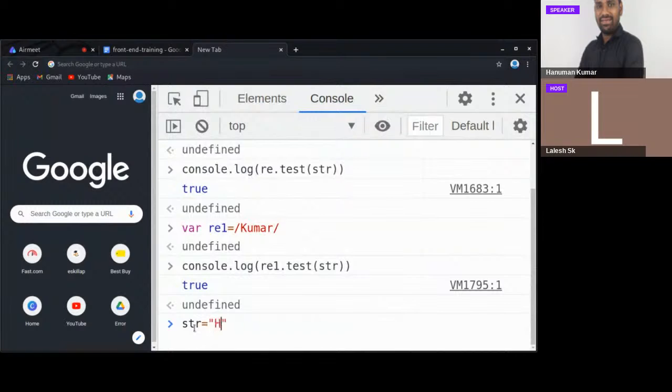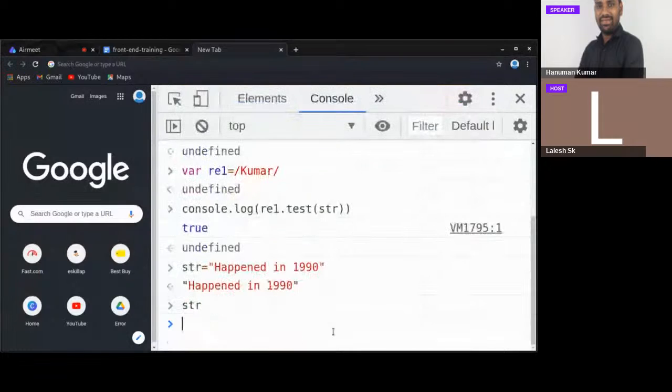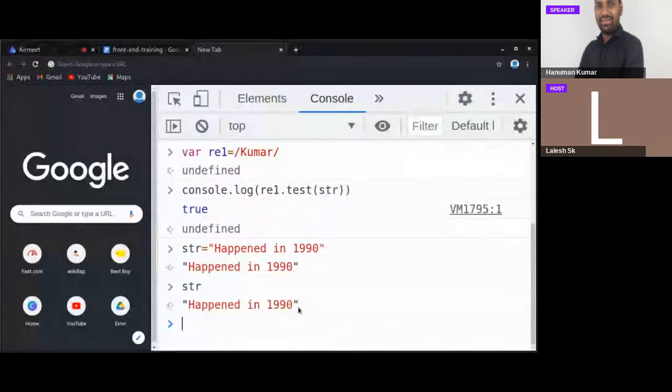So that is something like happened in 1990. I just used happened in 1990. So what happened, that is not a matter. So we just define a string, for example, happened in 1990. So I'm going to use str again. So str is replaced with a string, that is happened in 1990. That's fine. So now it's time to check the numerical values available in this given